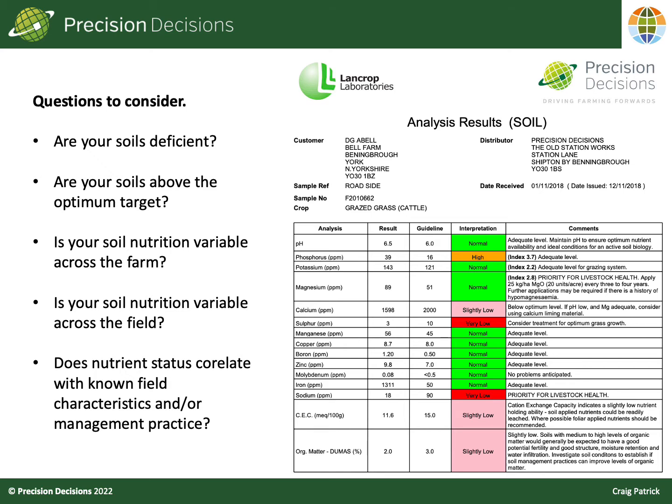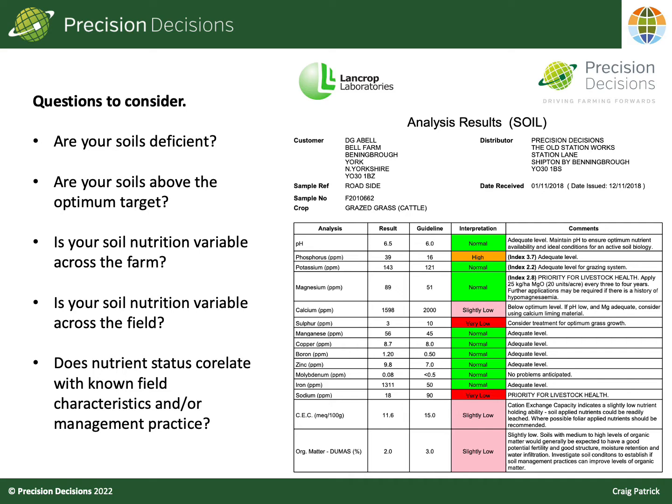Is your soil variable across the farm? Is your soil variable across an individual field? Do the results correlate with your existing knowledge of the land or any known characteristics or previous management decisions? Once you have answered these questions and have explored why, you then have the building blocks to develop your management